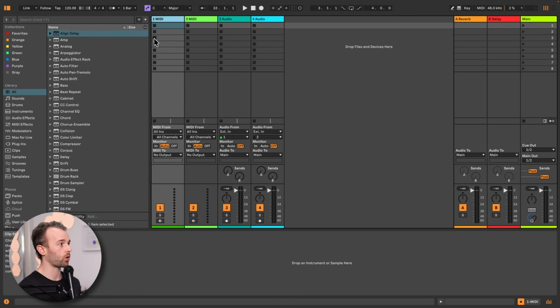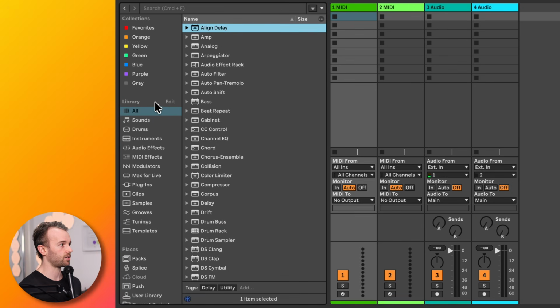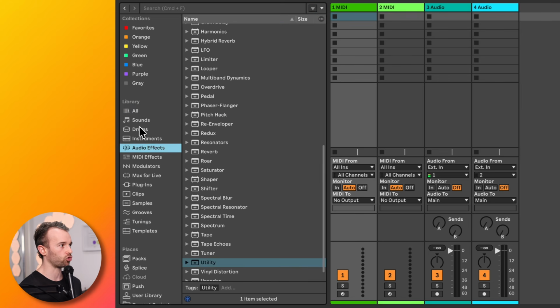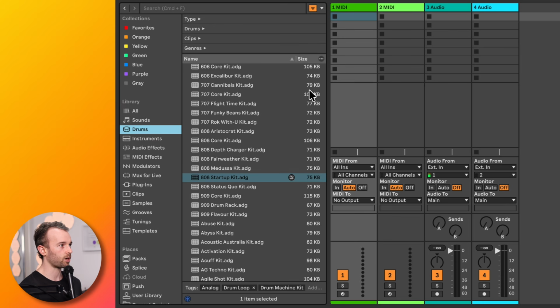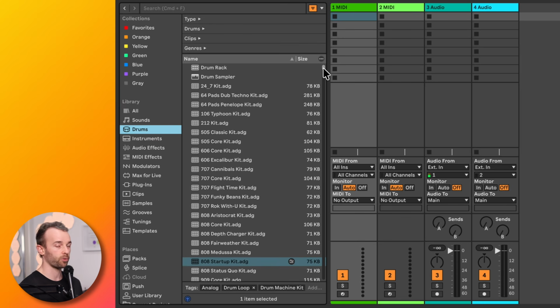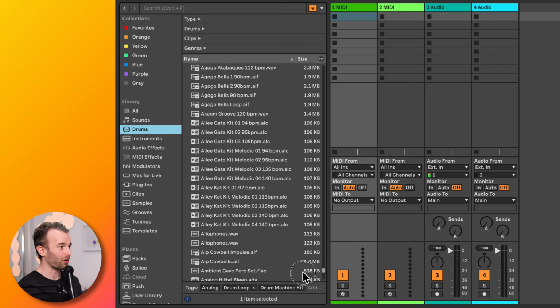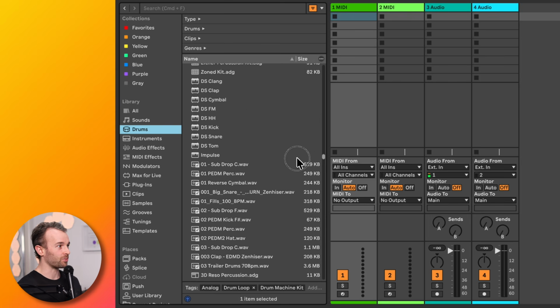So to start with, let's add a simple drum beat into our live set so that we can have some sound. In order to do this, we're going to go to our browser and come to the section on the left called Library. And you'll see under Library, there's a whole bunch of different categories that we can click through. I'm going to go to the drums category. And here in the drums category, we get to see a whole bunch of different preloaded drum kits that come installed in Ableton Live. Now, depending on what edition of Ableton Live you have, and maybe if you've got some packs installed, you might see more or less than what I've got here. You probably won't see more because I've got a lot, but you'll probably be able to see some different drum